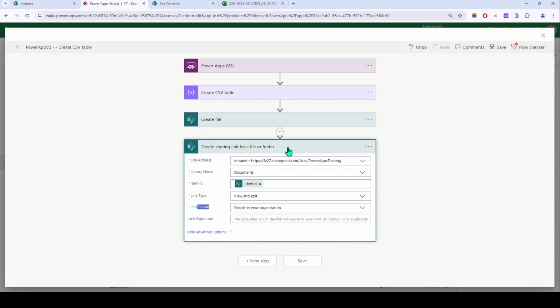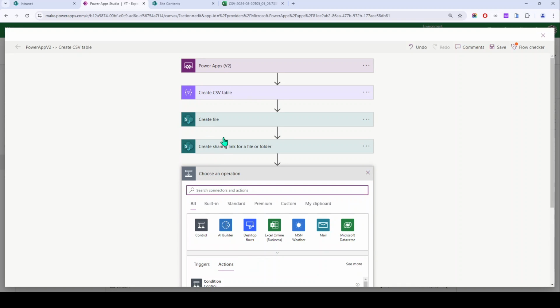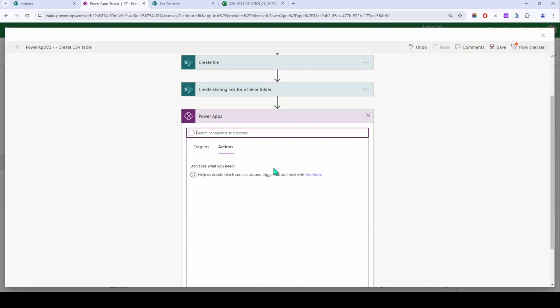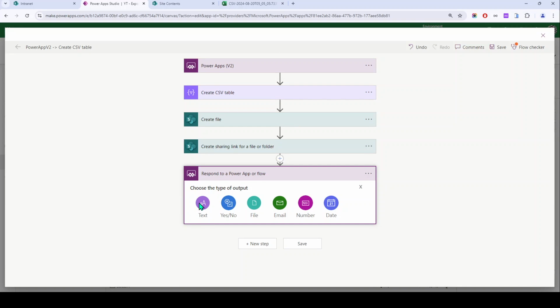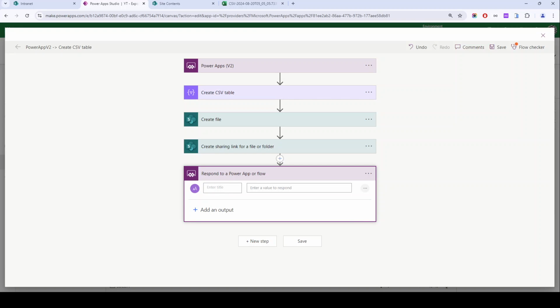So after the link is created, you have to send that link back to your Power Apps, because the link will generate in Power Automate. The Power Apps will not get that link until you use the respond action. So this action is called respond to Power Apps. You have to add an output. The output will be a simple text, because we don't have the link option. Link is just a string, right? So here I'm just going to use, let's say, file link,